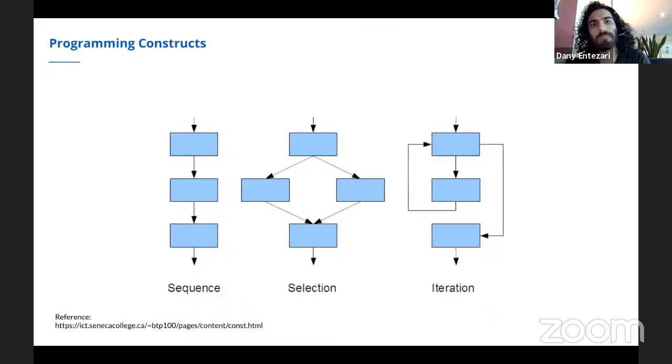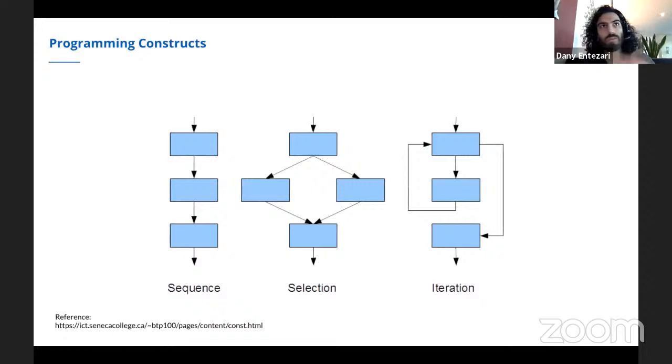And data structures are these constructs that allow us to put data, take data from the computer, and assemble them in an orderly way. Okay, and assemble them in different shapes and sizes depending on the problem we're trying to solve. Programming constructs. Constructs refer to the building blocks for creating an algorithm and creating data structures.